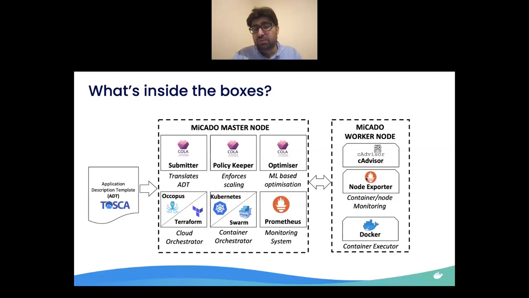These metrics will be pushed to the MiCADO masters, and the MiCADO masters will utilize these metrics at runtime in order to make the scaling decisions.